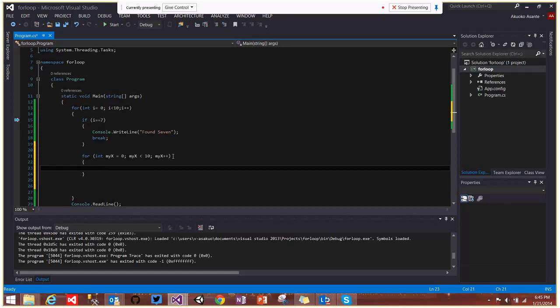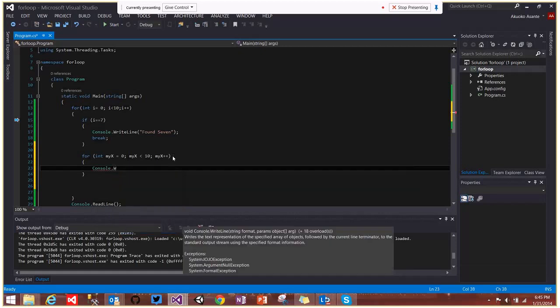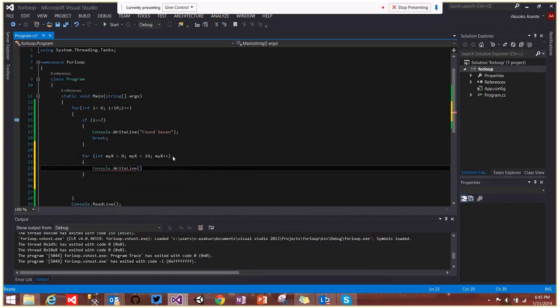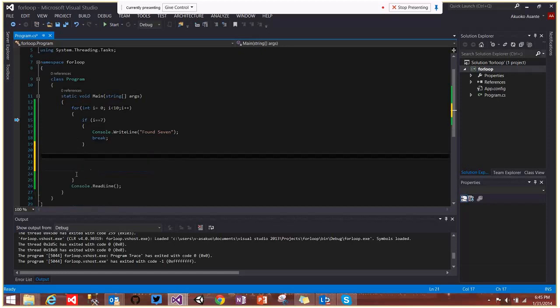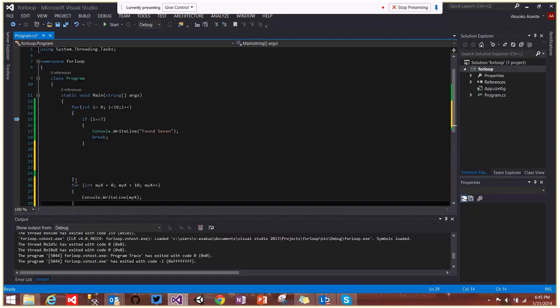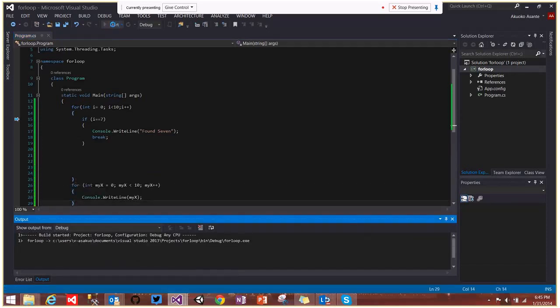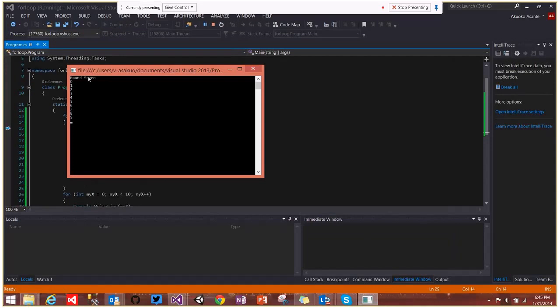So console.line, a for loop easily written, but I realized that I'm putting this for loop inside another for loop, and that would just give me problems later. So let me just cut this out and put it here. So I just click start, and I have found 7, 0, 1, 2, 3, 4, 5,